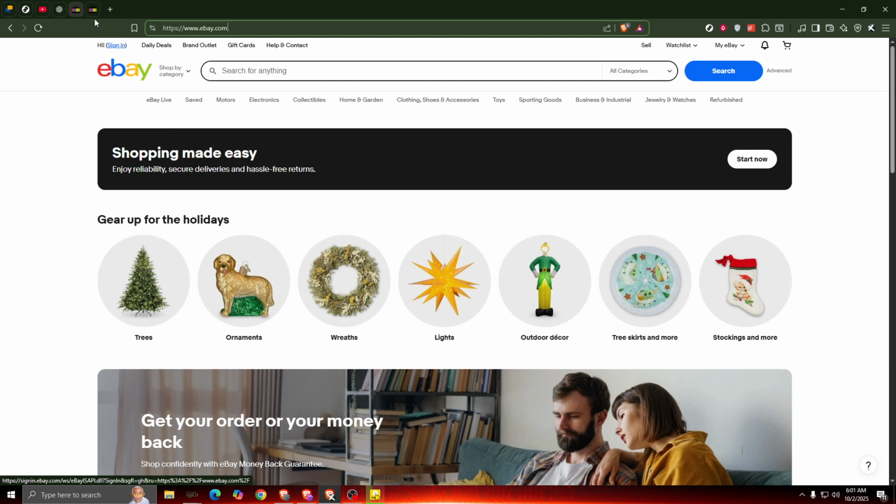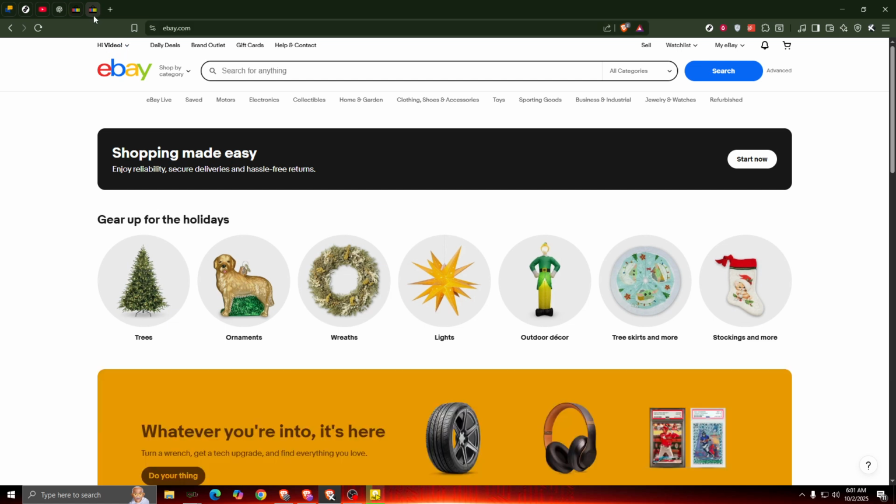Now turn your attention back to the top of the page. You're looking for your profile icon, which you'll find again in the upper left corner. By clicking on the profile icon, a drop-down menu appears. Here, you need to look for and select Account Settings. Selecting this option will take you to a page where you can manage various aspects of your eBay account, including